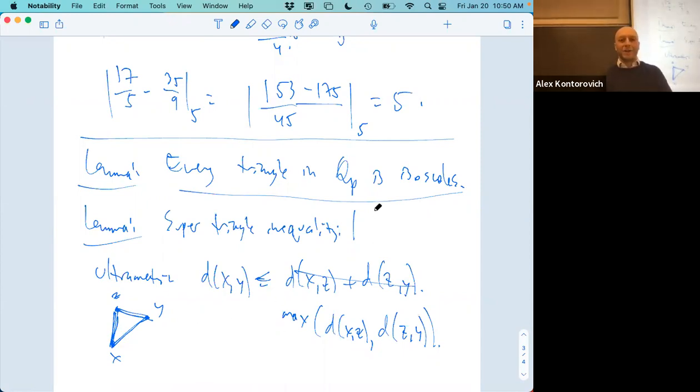Okay, and again, why is this? This is the metric version. The absolute value version is that the p-adic norm of X plus Y is not only bounded by the sum of the X norm and the Y norm, but actually bounded by the max, which is the same thing when you take Y equals 0 or Z, whatever. The distance from X plus Y is the distance from X plus Y to 0, and this is X to 0 and Y to 0. Same thing. Why is this true?